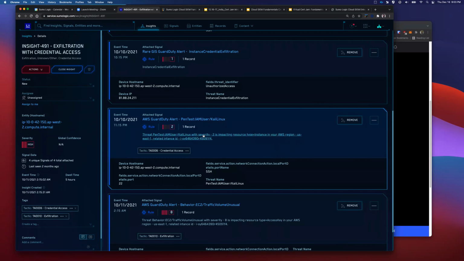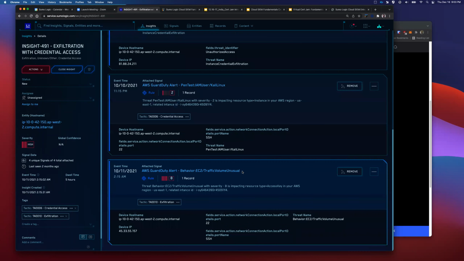Now, if you had done some investigation and talked to some of your peers, and they said, we don't do penetration testing here, this could be a hacker. But since we know this is part of an exercise that was just happening, we can go ahead and provide the resolution properly and close the insight properly. And so we can go from having our hypothesis of a malicious hacker to identifying, no, it was actually just some penetration testing. And this is the system doing it for us. The system is identifying that this was a pen test, that there was a high amount of traffic volume. And so that's great. The system is doing all this for us.